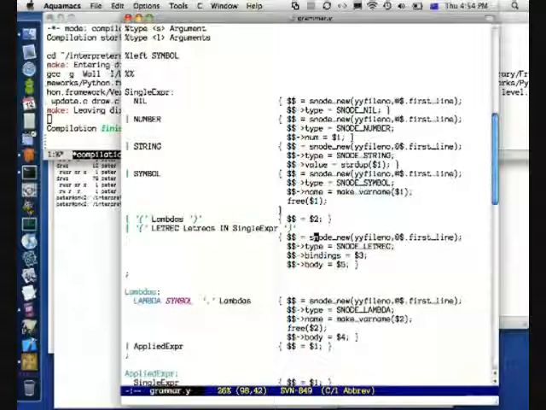Or if you're writing an interpreter, then you can either work on the syntax tree directly, or you might have, say, x86 assembly,